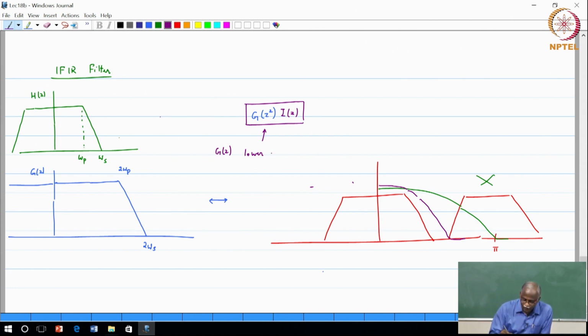So G of Z has got lower order than H of Z, but for G of Z squared I cannot make that argument, but the advantage is it has got only half the number of non-zero coefficients, because G of Z squared means every other coefficient is 0. So in terms of non-zero coefficients, because those are the ones that you would actually have to implement as multipliers from a hardware perspective, that is going to be the key factor,